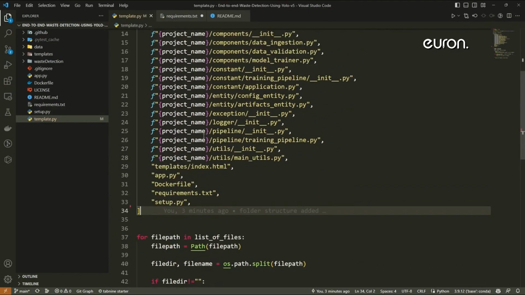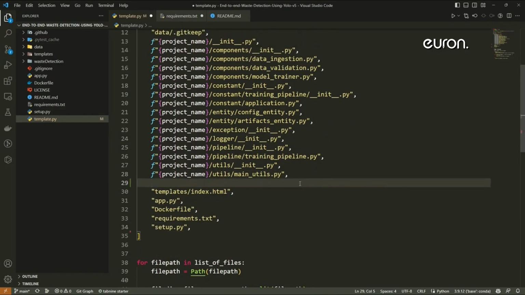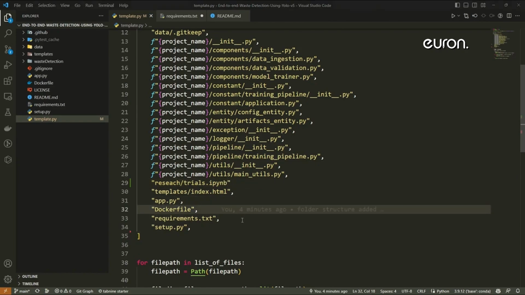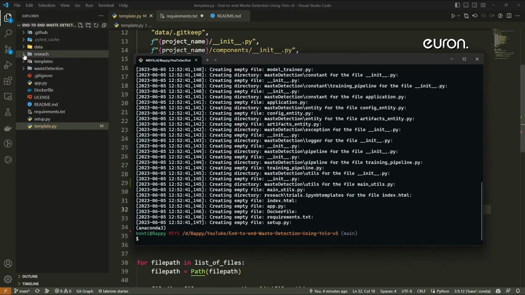One thing I forgot to mention here is our research folder, because inside research I'll keep my notebook. So research slash, inside that I will create one file called trials.ipynb. So now let me create it again. I'll open my terminal and execute the command python template.py. It should create the research folder. Inside that I have